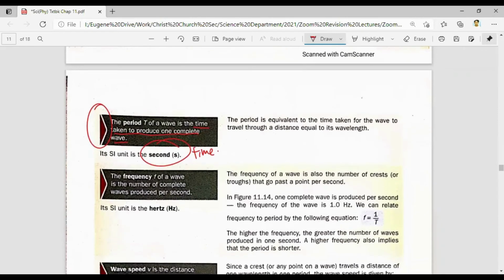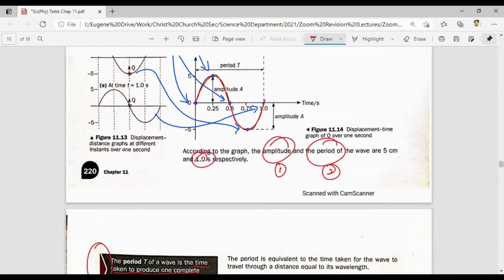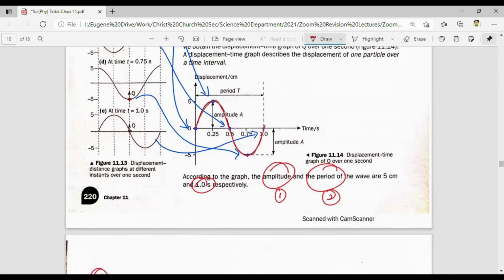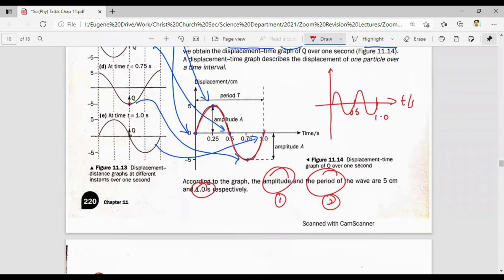Now, what exactly is the frequency of a wave? It's the number of complete waves produced per second. So if I look at this question here, this is one complete wave that is produced in 1 second. So the frequency is 1. Let me draw a nice wave over here. If you look at this, in 1 second, now I got 2 waves. So what do you think is the frequency here? Because frequency is the number of complete waves produced per second, my frequency for this graph is 2